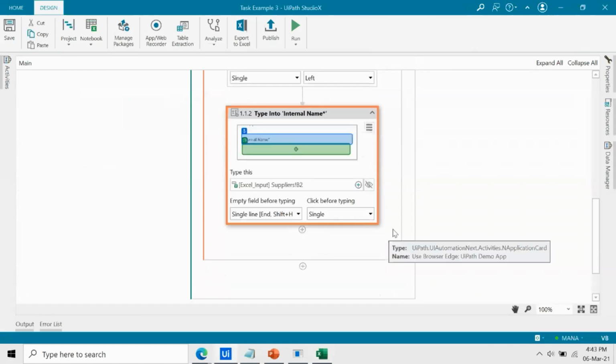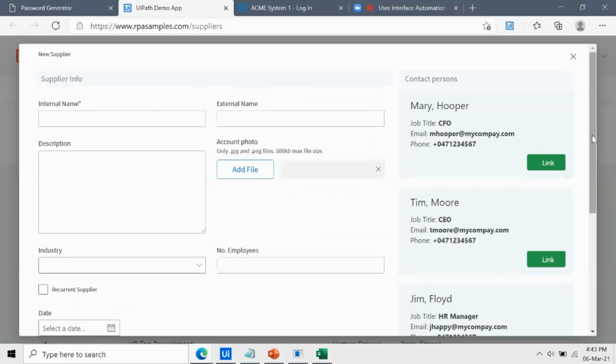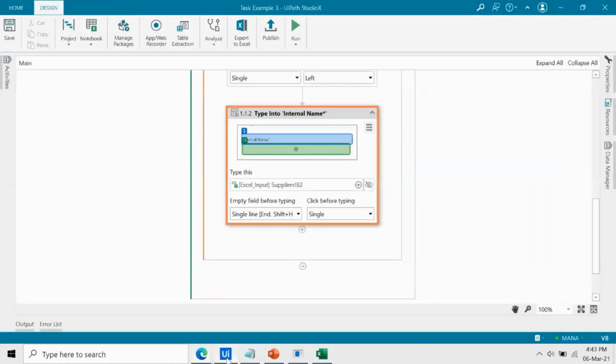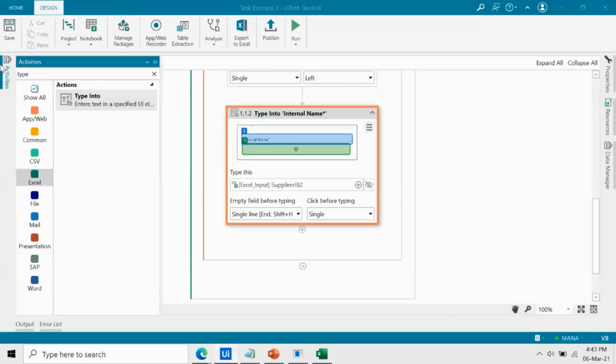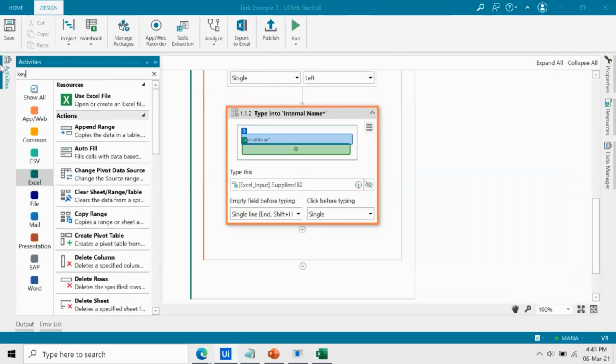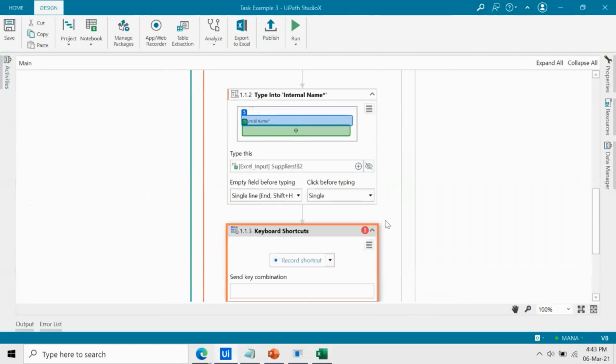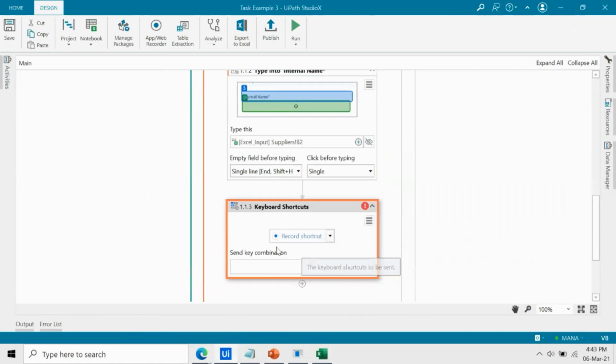And now what I can do is I will just provide the internal name, and now I have to scroll down to click on the save operation, right? So there is an activity called keyboard shortcut. Okay? And I click on record shortcut and then I press the shortcut key from my keyboard.